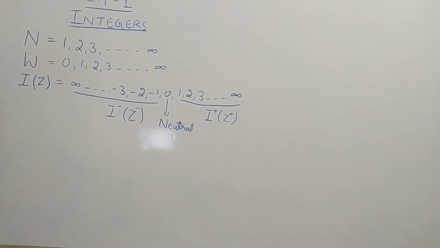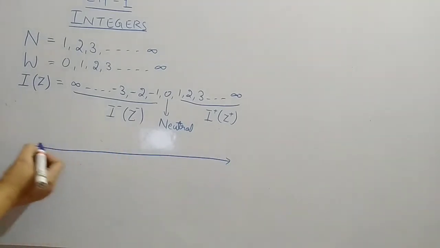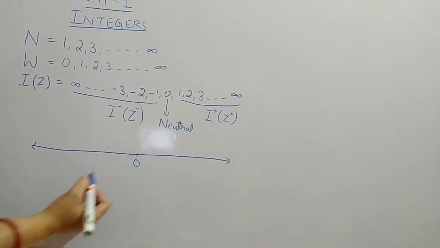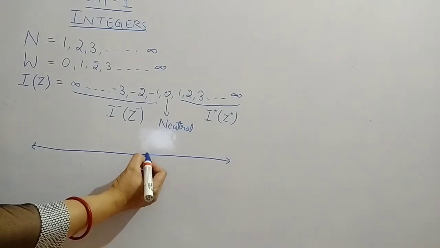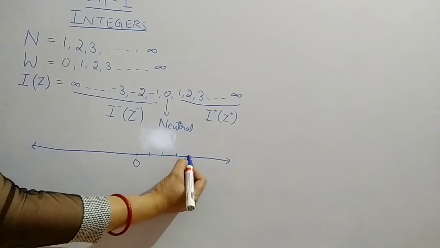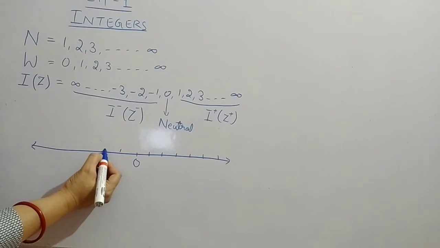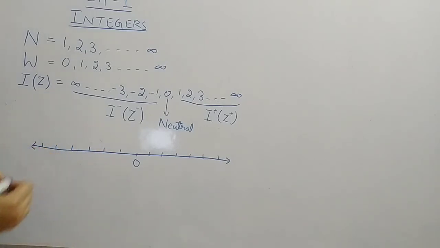After this, the next thing is representing these integers on a number line. For that, with the help of a pencil and scale, you have to draw one line first. Both sides arrows should be there. Mark 0 at the center. 0 is the midpoint of this line. Then on the right side of 0, you have to mark all the positive integers. So first divide this line equally. All the divisions should be equal, left side also, right side also. You can keep your scale and mark after each centimeter.